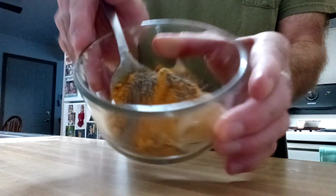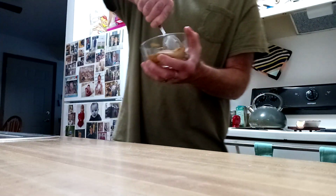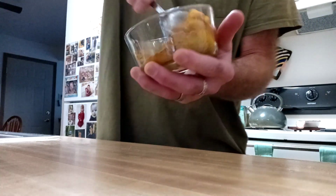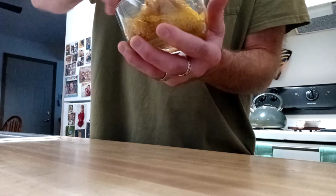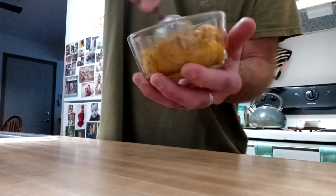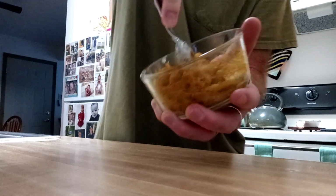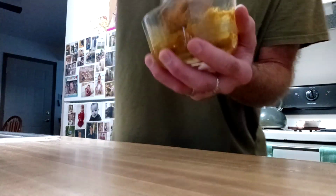Now, see that? Now the fun part. Now you stir it. Stir it all together. Like I said, you can use a whisk, I guess, but that's going to be very challenging for you. What you want to do is take your spoon and get on the sides like that, see? Now it's going to be a little pasty at first, as if it's silly putty, if any of you know what that is. But you just keep stirring it,